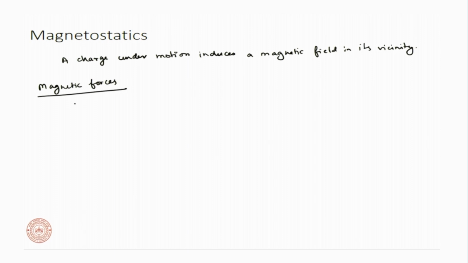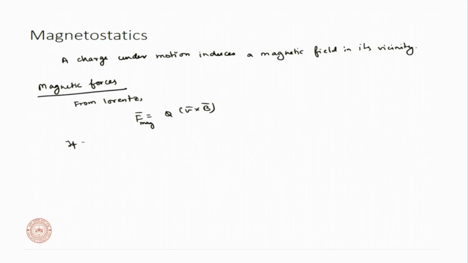So, magnetic forces, this comes from Lorentz law. Your F vector for the magnetic component is equal to the charge times V cross B, right. So, if a charge is moving with a velocity V through a magnetic field, then the cross product of the velocity vector with the field vector times the magnitude of charge gives us the magnetic force. If an electric force also exists, or an electric field also exists, then the total force will be equal to